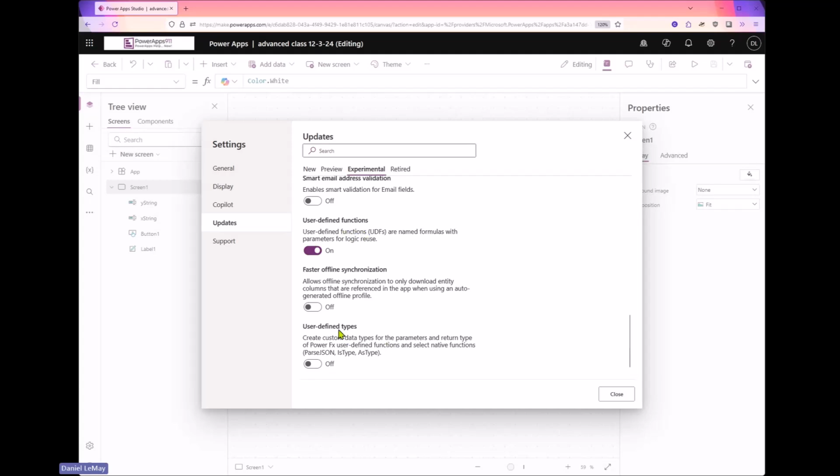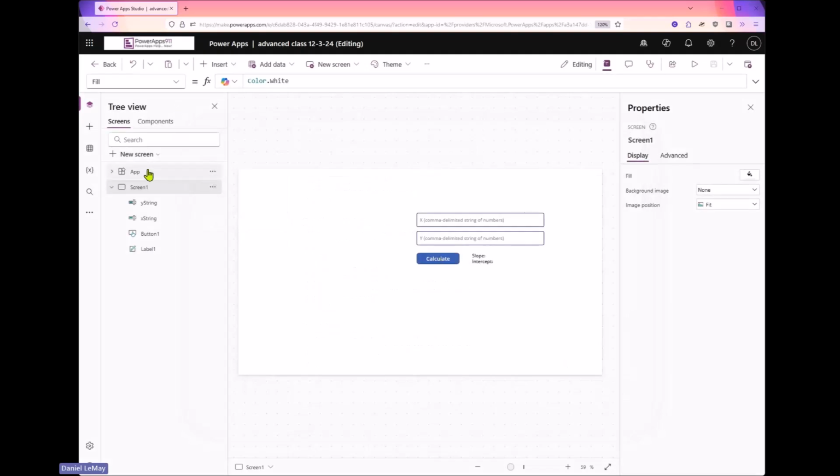Also want to point out, I mentioned untyped objects. User-defined types could be another really cool community call topic in the future. Really, really useful, especially when dealing with things like SQL stored procedures that you're calling from Canvas apps. So could be a cool future topic. Maybe I'll make Shane do it. But enable user-defined functions. Okay, and once you've done that, you'll be able to go here to your app